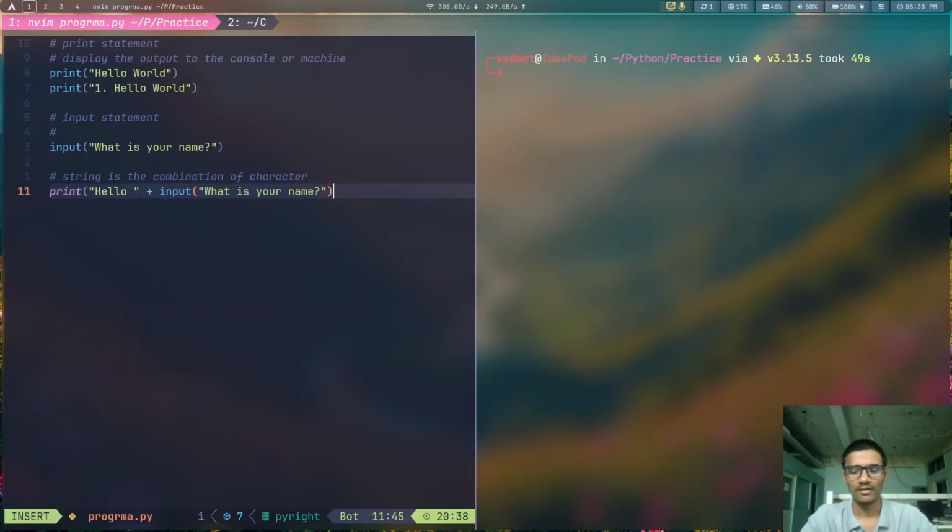Currently I am on this brace, and these both are paired. When I am on this one, it gets highlighted in orange, and if I go to the opening parenthesis, it gets highlighted.